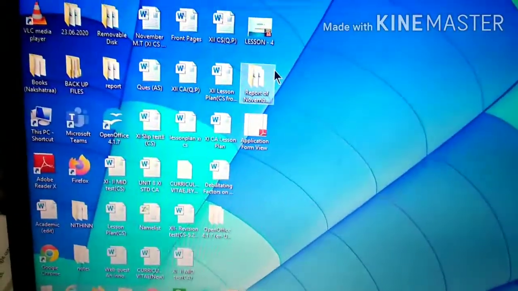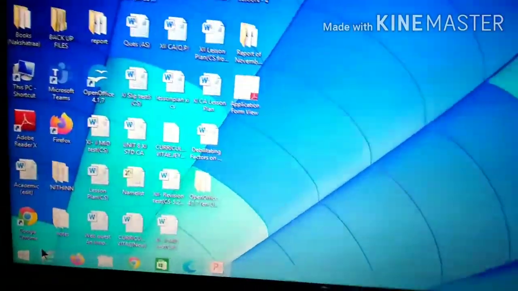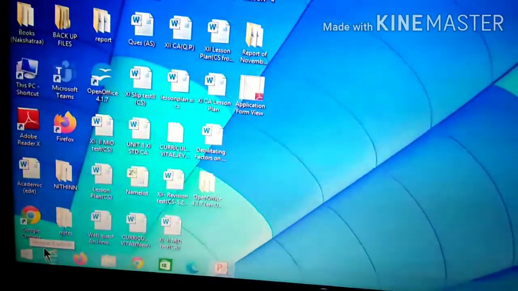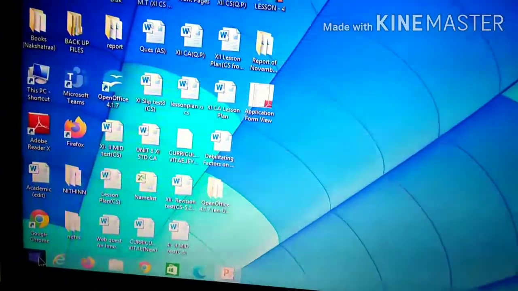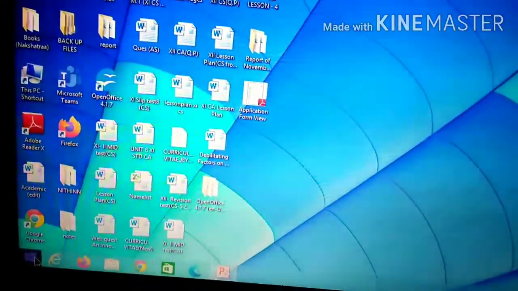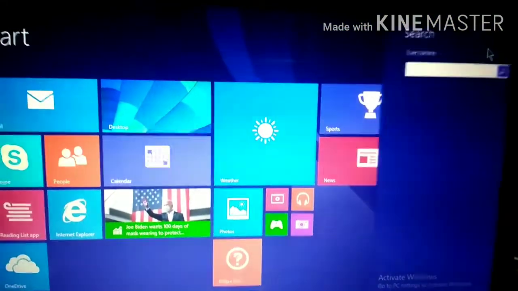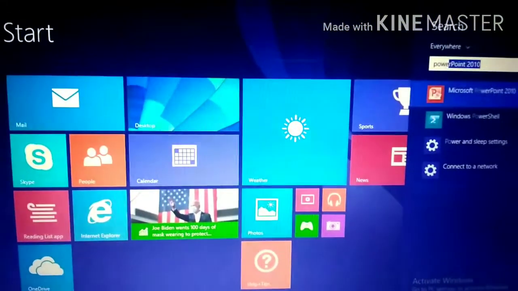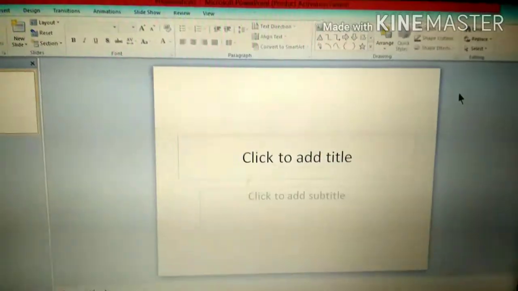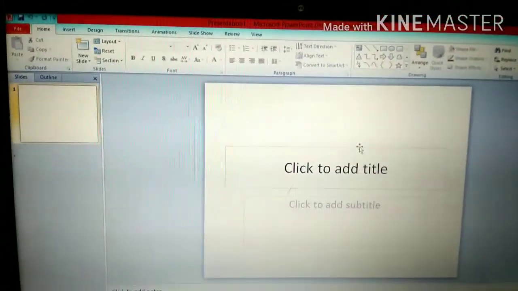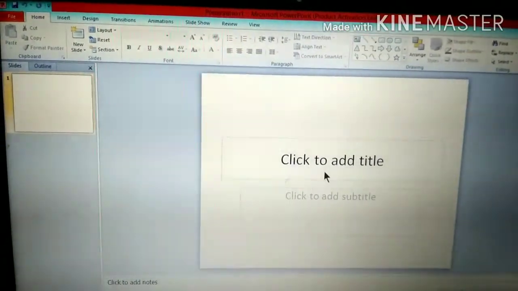The next concept is how to create files. For example, if you create a PowerPoint presentation, we use this guide board, that is named as the start button. We click the start button, go to the search icon and type PowerPoint. This application is shown, so you select this application, and then this is the window of the PowerPoint application. Here create the presentation and then save it. This is one of the files.